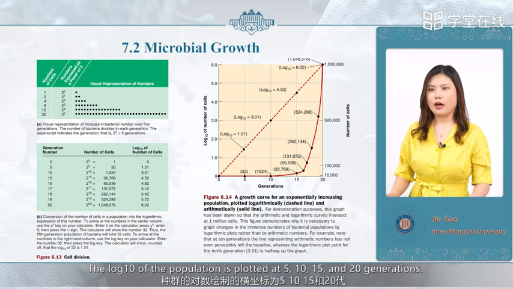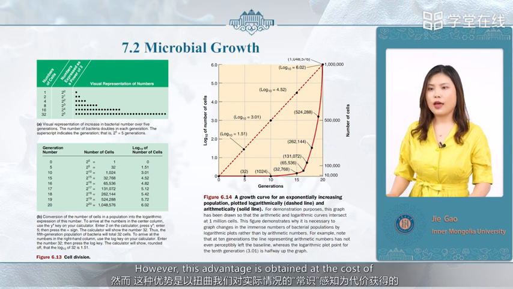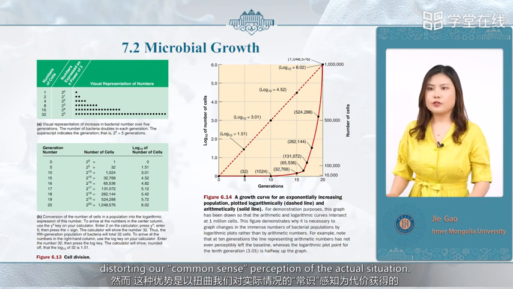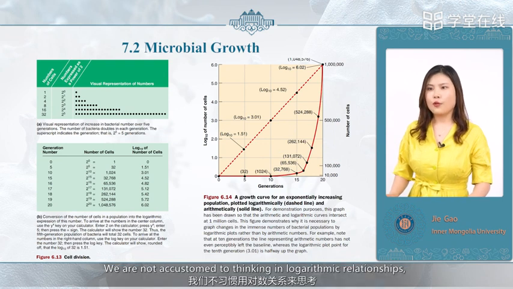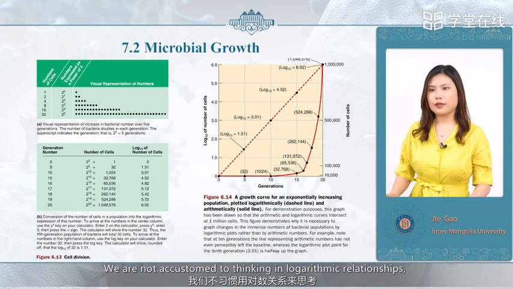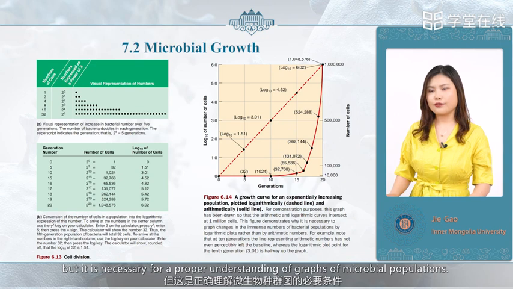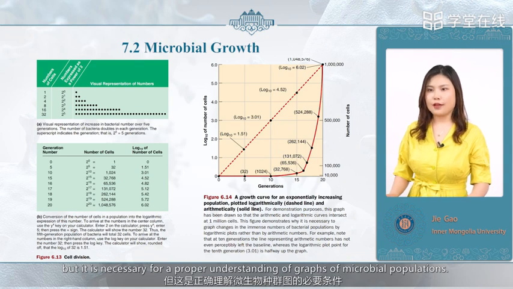The log 10 of the population number is plotted at 5, 10, 15, and 20 generations. However, this advantage is obtained at the cost of distorting our common sense perception of the actual situation. We are not accustomed to thinking in logarithmic relationships, but it is necessary for a proper understanding of graphs of